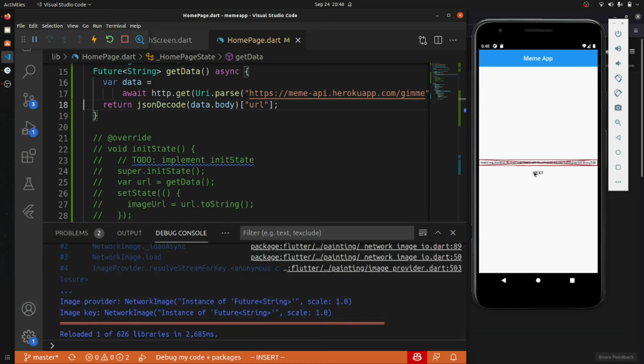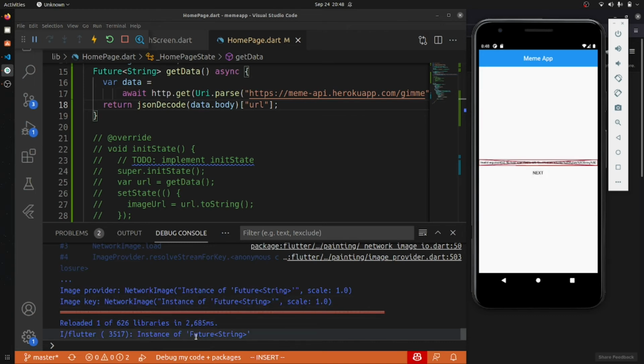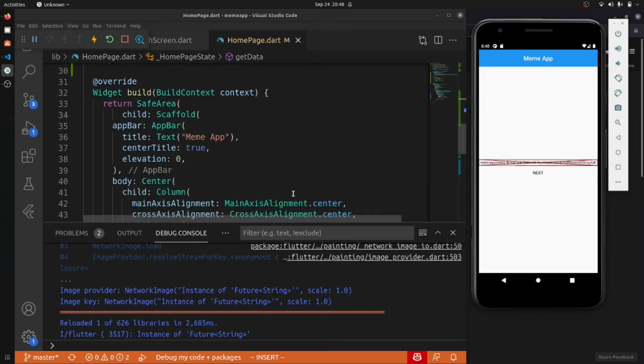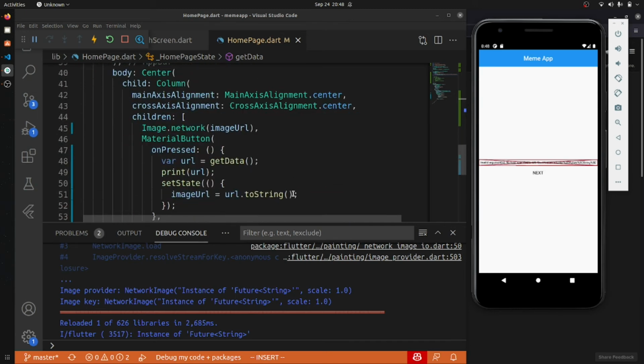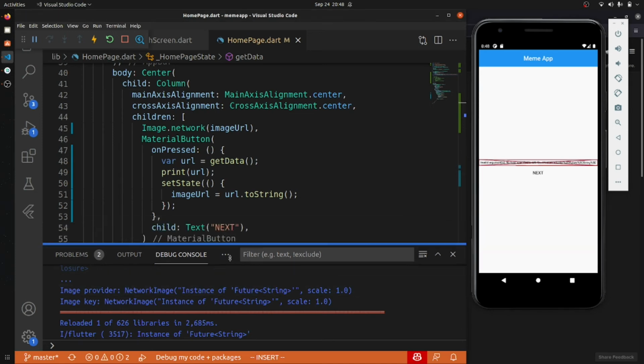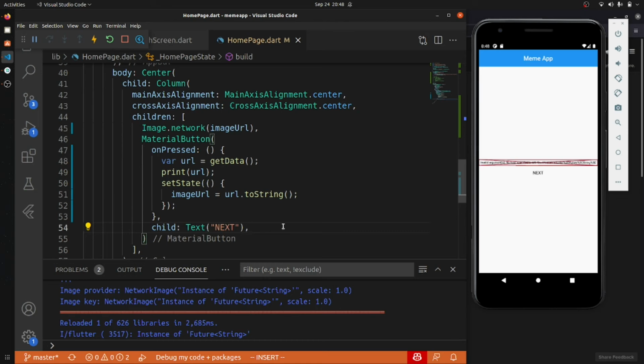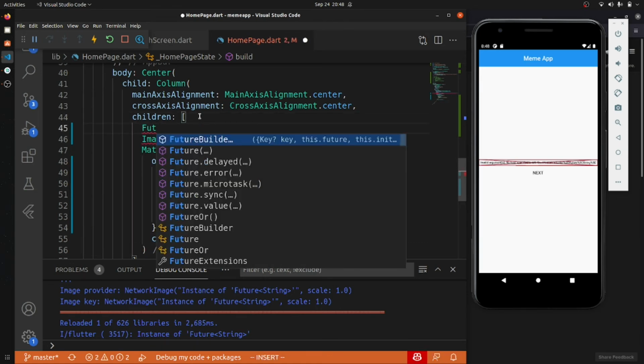And if I click on this, we are getting an instance of a future string. I was just trying this because I don't want to go with the future builder, but we have to go with it. So for those things we have to use a future builder.